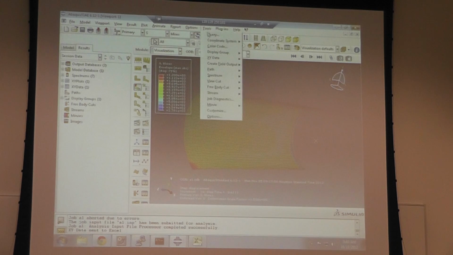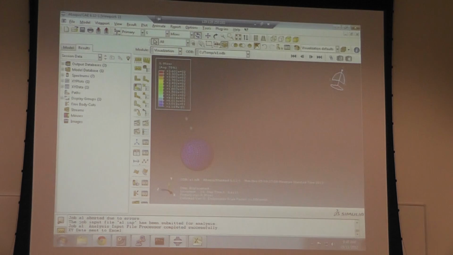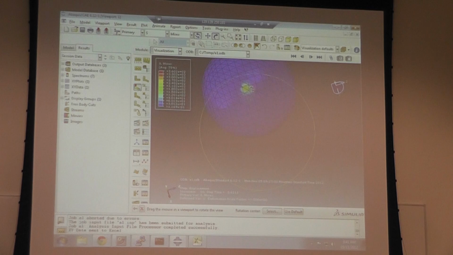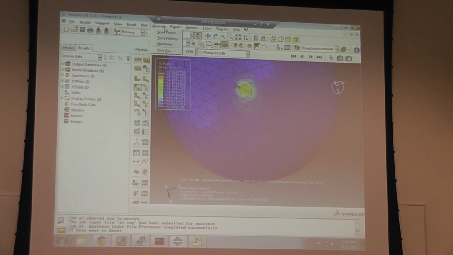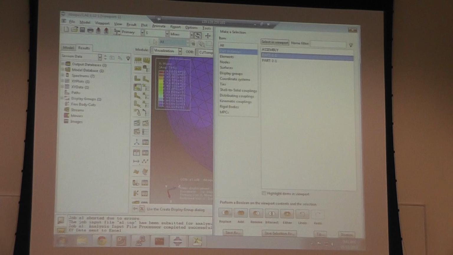So I can go to Tools, Display Group, Create, and choose any part that I'm interested in. Let's say just interested in part 2 and replace whatever I have with part 2. And that way I'm only looking at the stresses in part 2 and the locations of the high stresses for part 2 on its own, or I can go to view the other part 1, place,